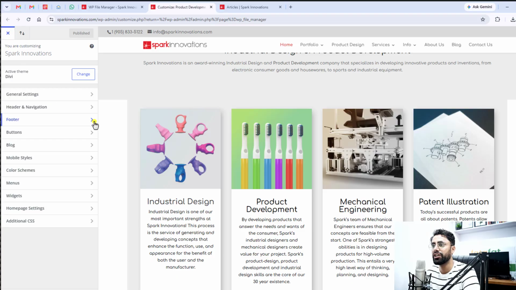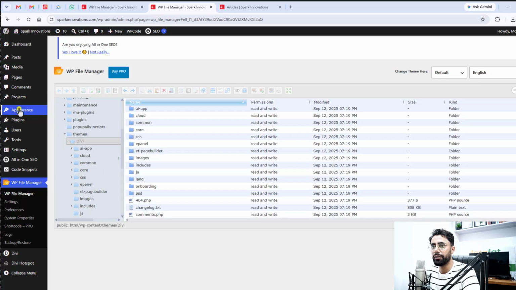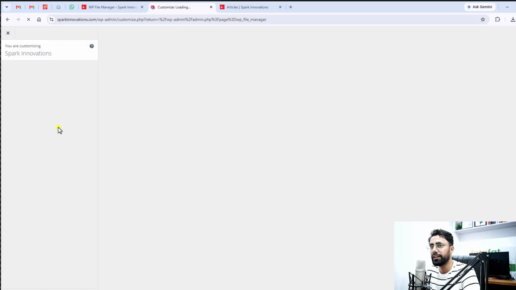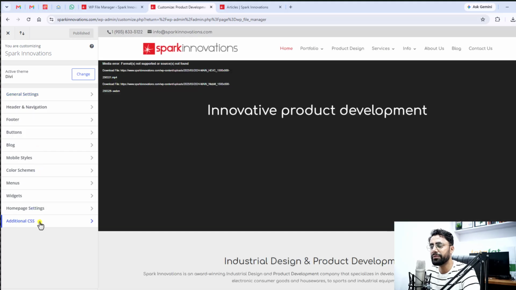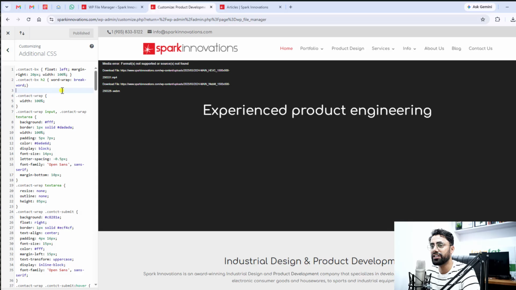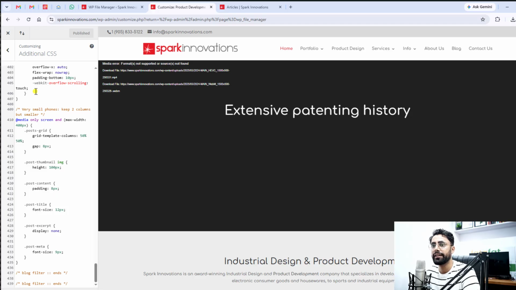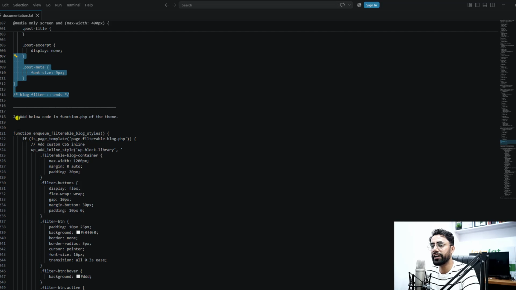So we are going back to the dashboard, and here you can see that if you hover on appearance, just a second, and then click on customize. After clicking on customize, you can see that we have additional CSS. It doesn't matter which theme you are using, in everything you will see that we have an additional CSS block. Once you click on it, you can paste inside this block at the bottom of this section. And once you have pasted this code, you should go ahead with the second step,